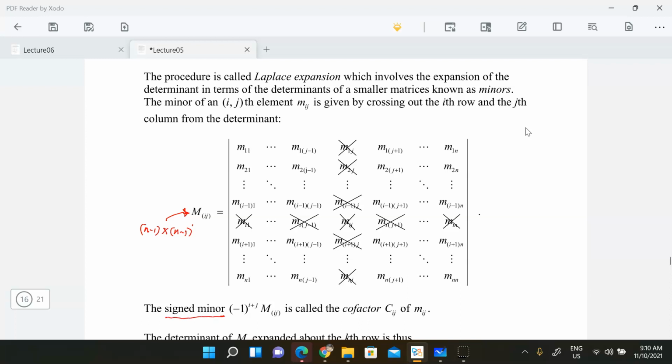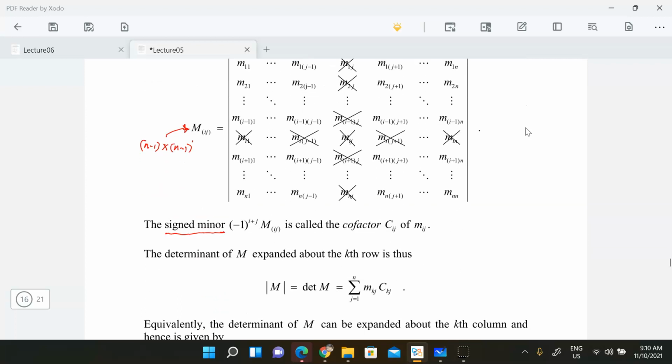Okay, so when we do the determinant of a 3 by 3 matrix, it depends on where the elements are that you want to cross out. The sign of the element matters. So here the signed minor is just taking the coefficient over here of minus 1 to the power of i plus j. So for example, in the case of a 3 by 3, if I have that,